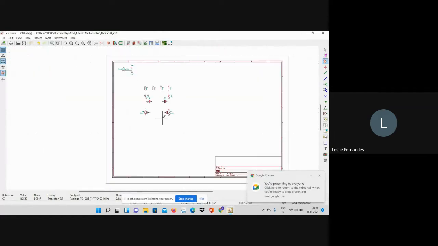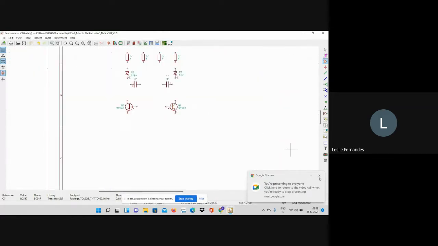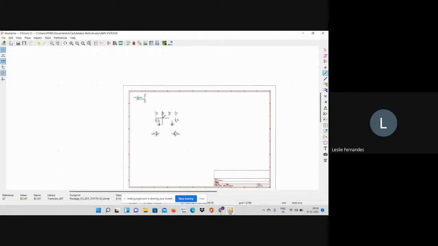So the 2 transistors are added. Now what I'll do is connect them with wires. I'll click on place wire and connect all of these.